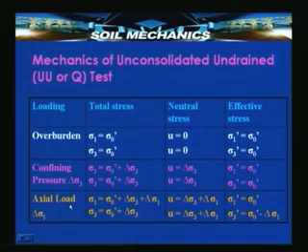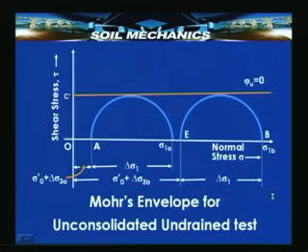Similar situation prevails when you apply the axial load. Total pressure gets increased by delta sigma 1 in the vertical direction. Pore pressure gets increased by delta sigma 1 both in the vertical and also the horizontal, and the effective stress gets modified into sigma 0 dash minus delta sigma 1 in the horizontal direction. The Mohr circle for this will involve